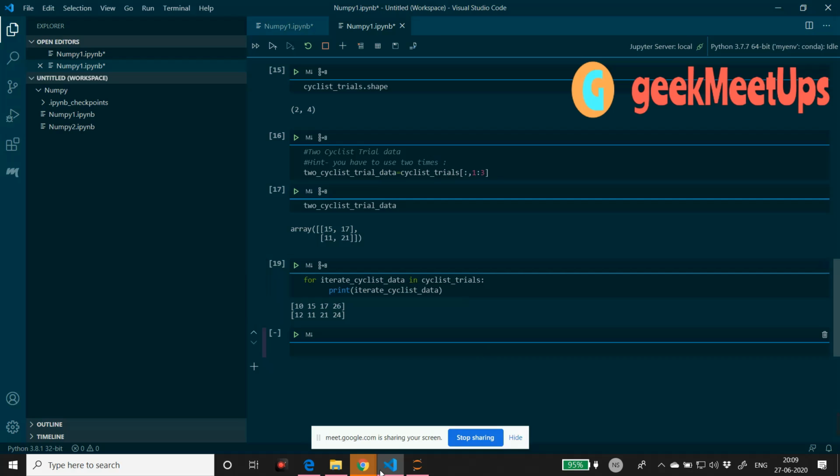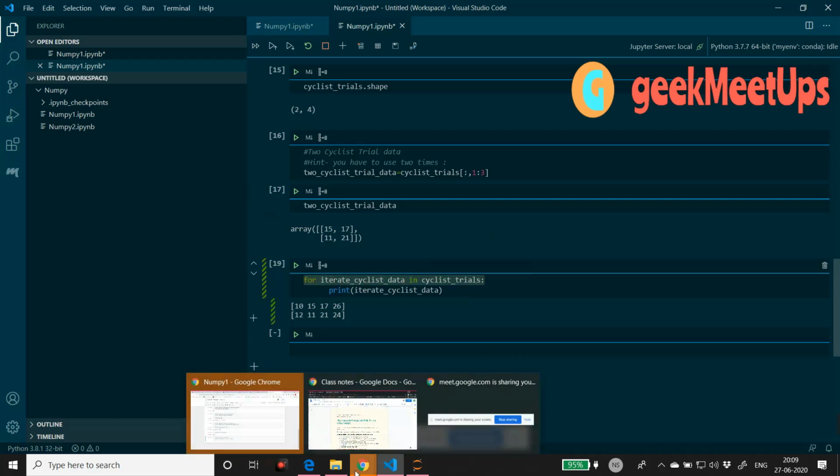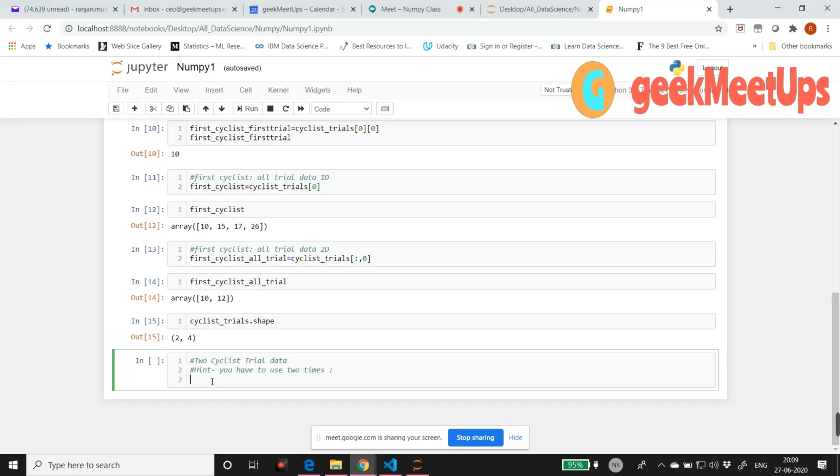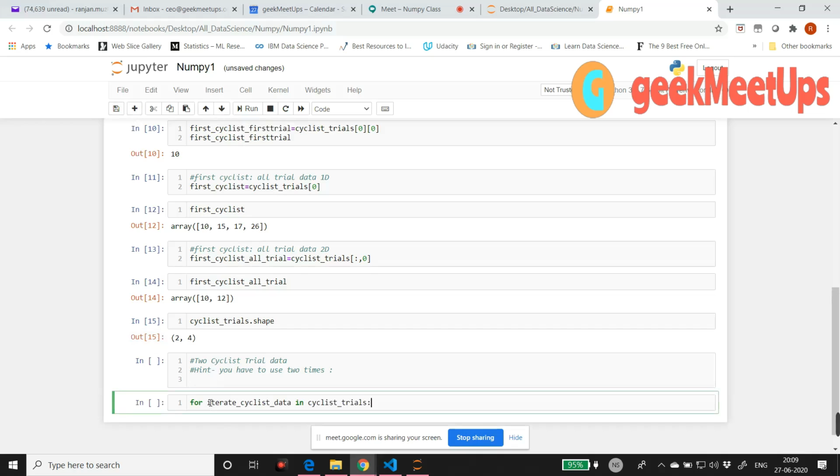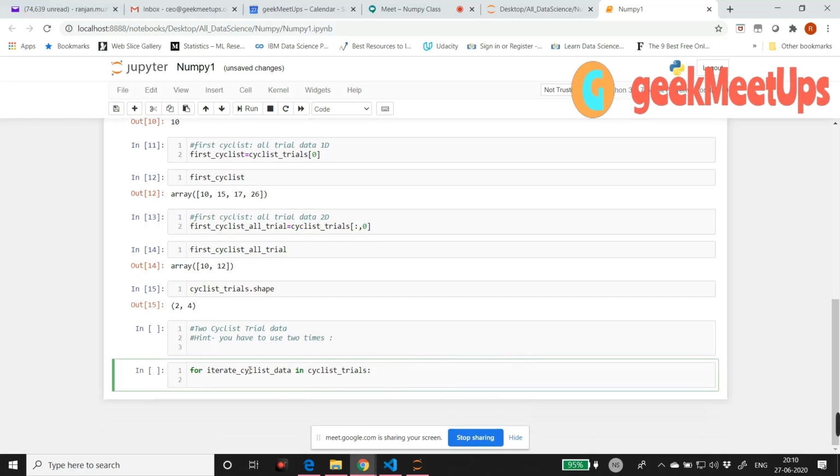Got it? When you enter the same first line in a Jupyter notebook, after the colon it automatically goes to the next line with some spaces.